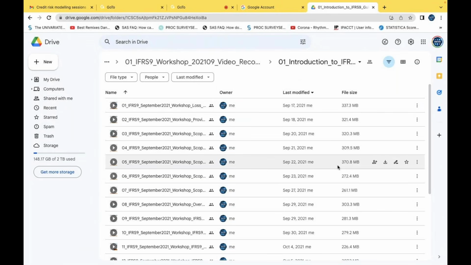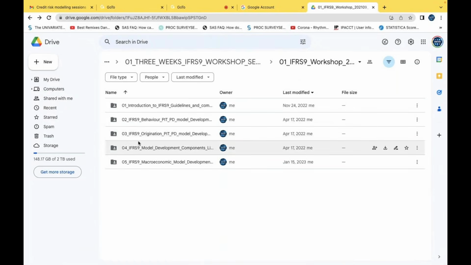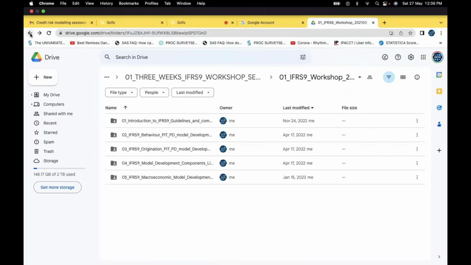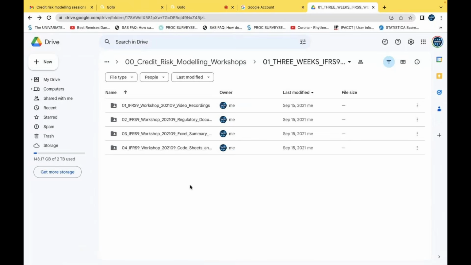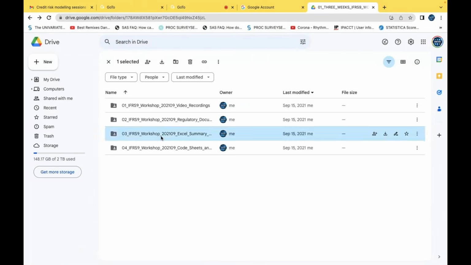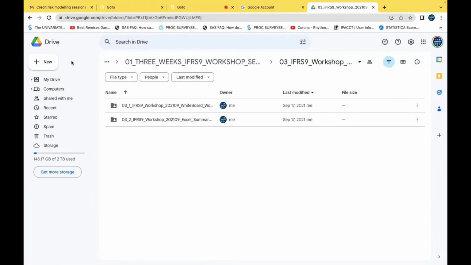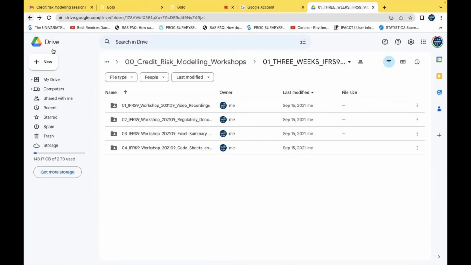Now, at the end of 2 weeks, you will list down all your doubts, right? And you can upload them on the Google Drive. So basically, we can create a folder over here at the end of each of these portions. What we do is we can go out of this drive, and I can create a folder over here, or let's say a new folder here. I create a new folder